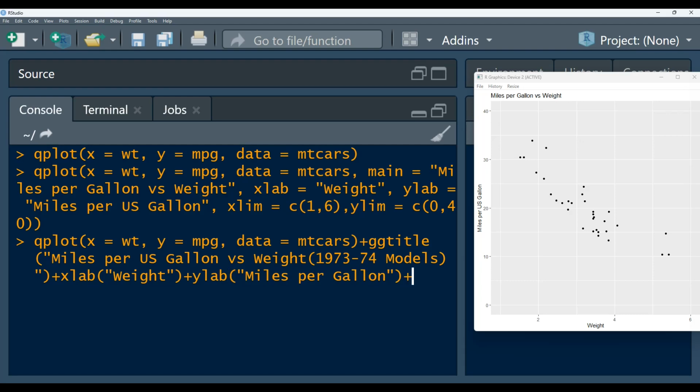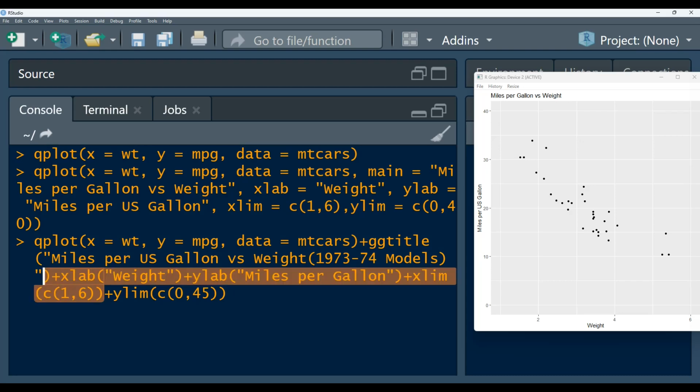And then we come here and say x limit, and then we're gonna say from 1 to 6, and we can also add y limit and say we want to start from 0 to 45, for example, right? So what we have now done is that we have added